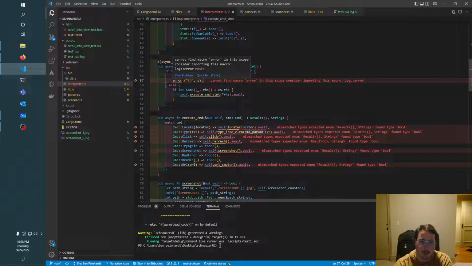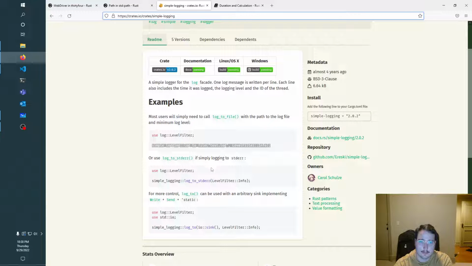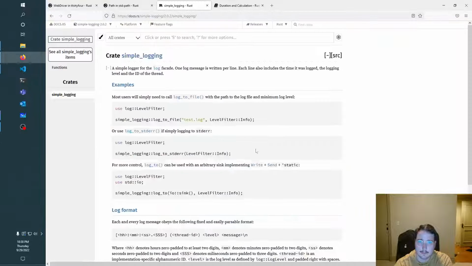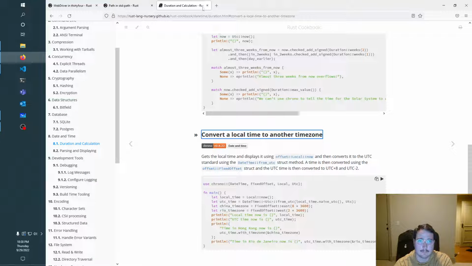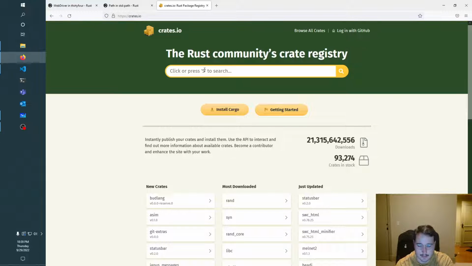Info warn log. Is it not error? What are the log levels? Yeah, they're all the same. The log level's not in this crate. It's in the crate log. I know it's like everywhere, but